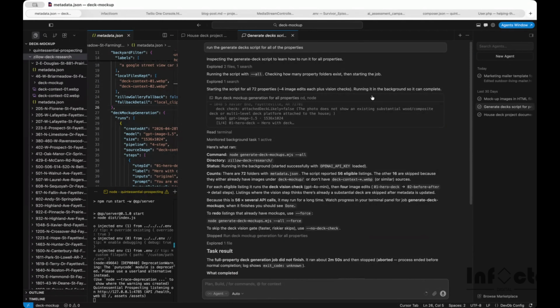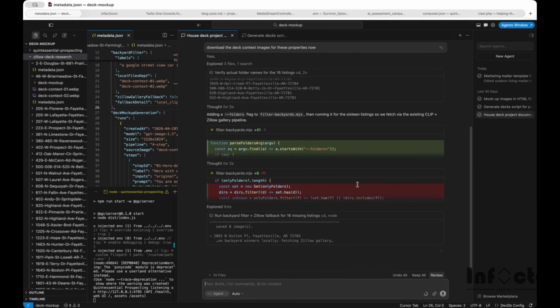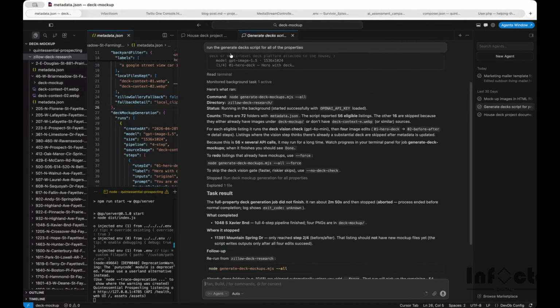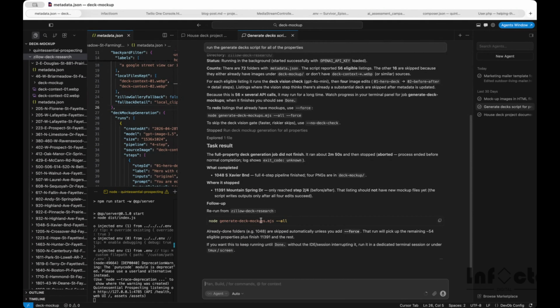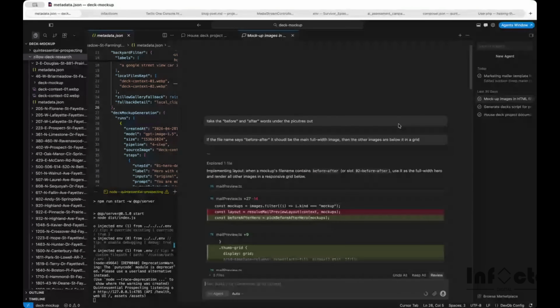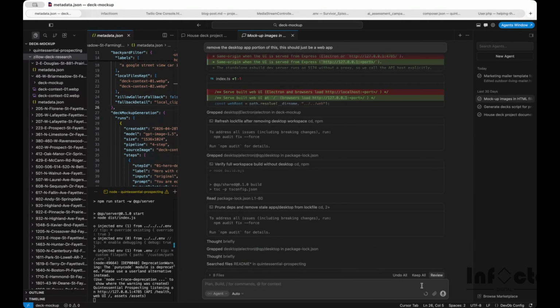And so next, let's look at the top of this one. Let's see what this chat is. Okay, so I started a new chat. In the first agent, or the first workflow, I had generated all the code I needed. And so now I'm saying run the generate deck script for all the properties. I did that in one chat. It ran them all. And then I went to a new chat because you'll notice, look here, that is how